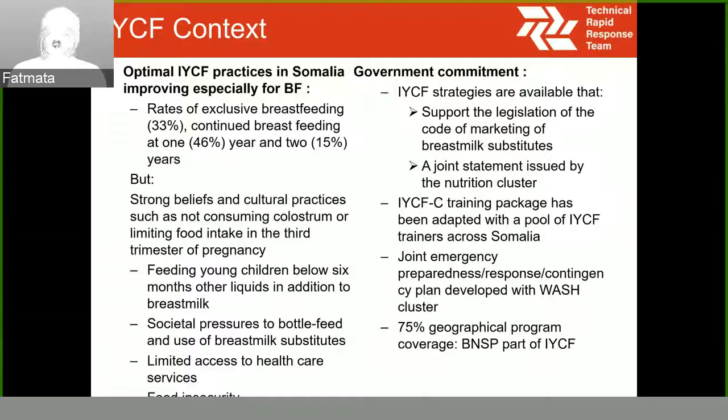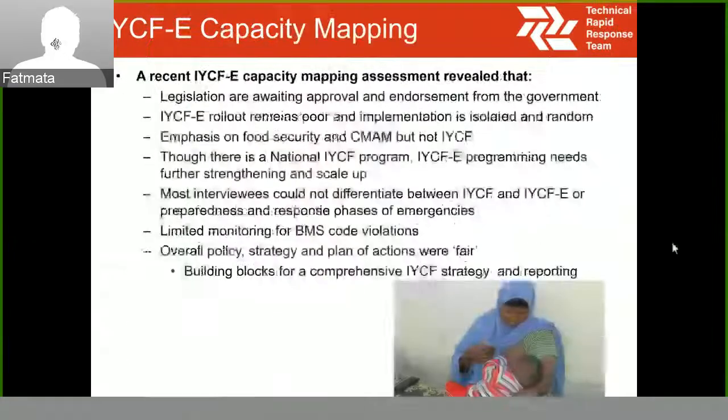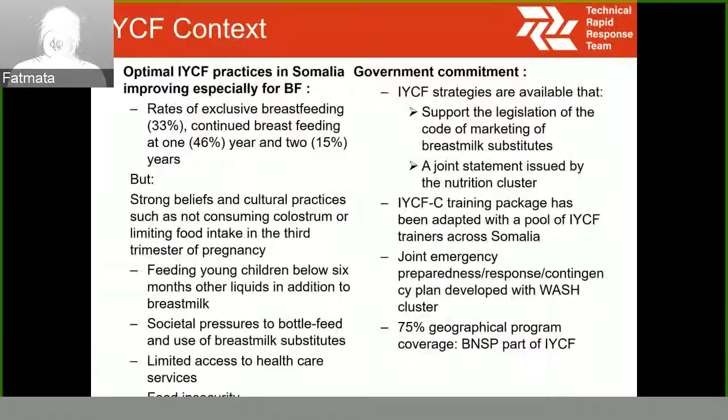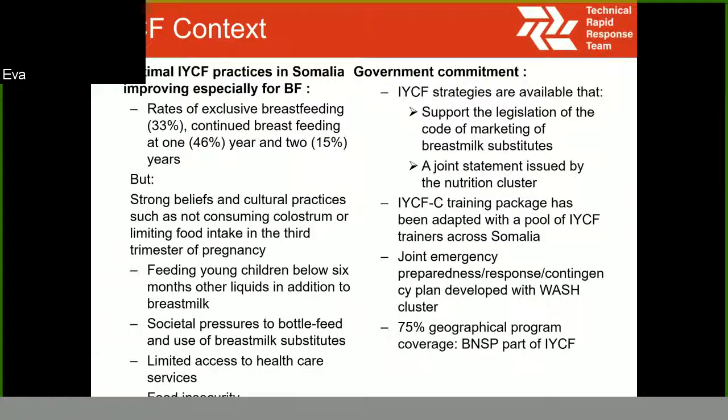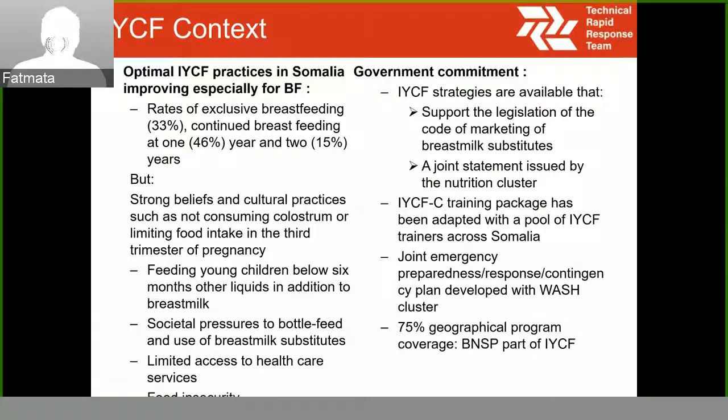Also to note that UNICEF covers about 75% of the country in terms of programming for SAM, and this target also covers infant and young child feeding as a component, because we have what we call the basic nutrition services package, which has IYCF as a key component. So to summarize, this is the background so far in terms of nutrition and infant and young child feeding, in particular for Somalia. Over to you, Andy.